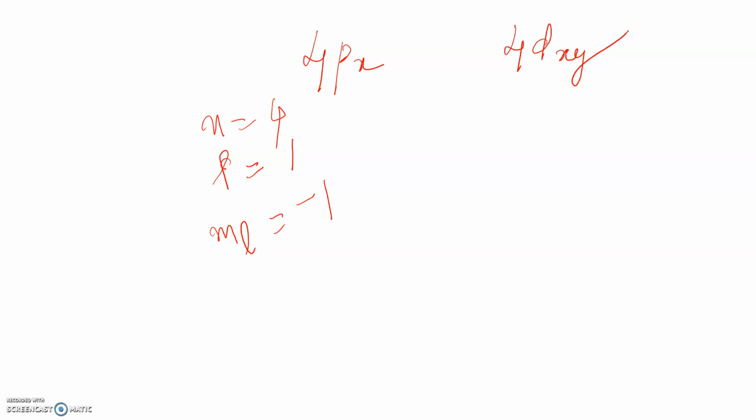If it is 4dxy, now dxy, dyz, dxz, dx square minus y square and dz square,